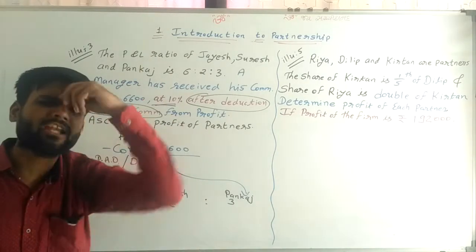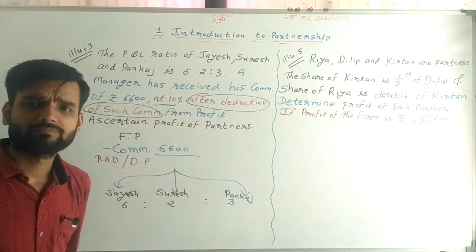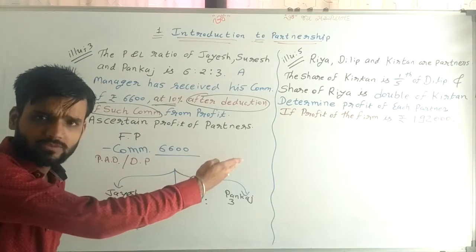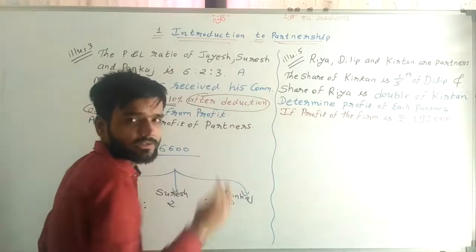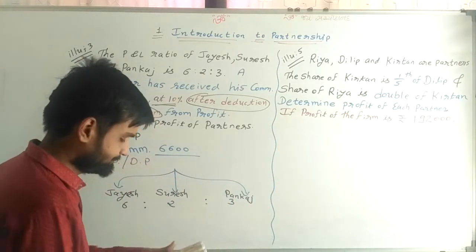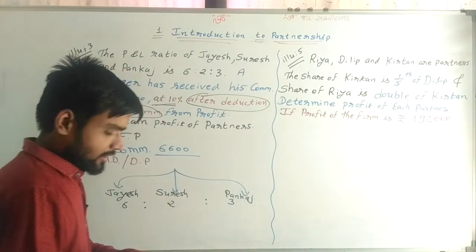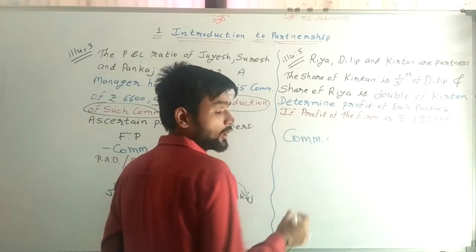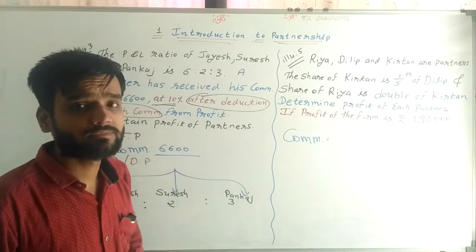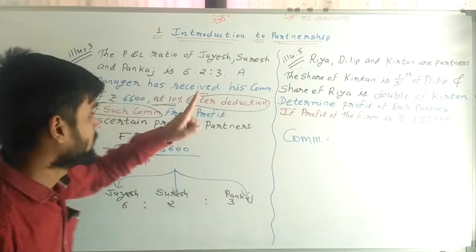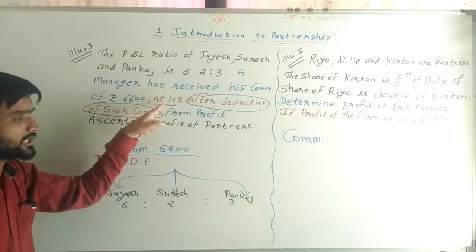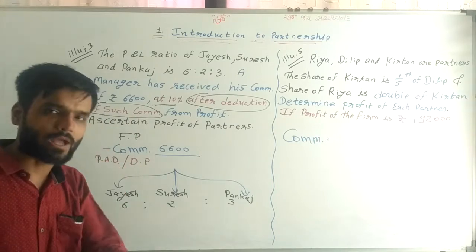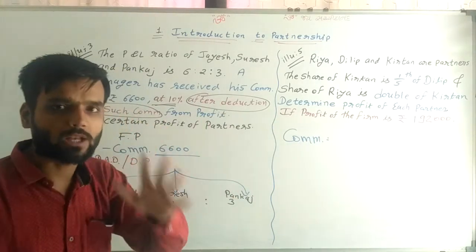You can use either of the two formulas of commission, and that we are doing here. That calculation I am doing here. See and understand. Commission. Now why are we using these two formulas? Only and only because 10% after deduction of such commission is given. And that's why we can use these two formulas.